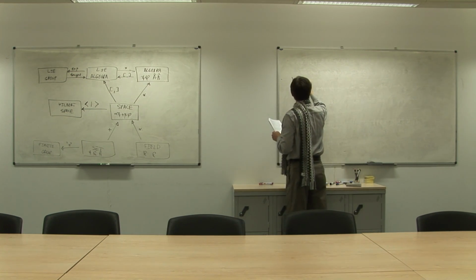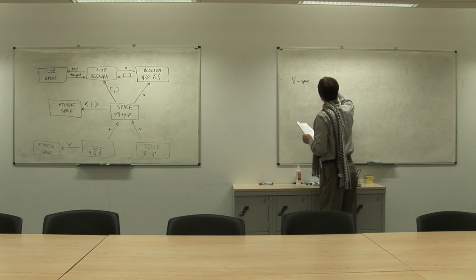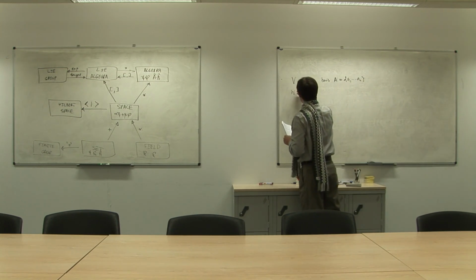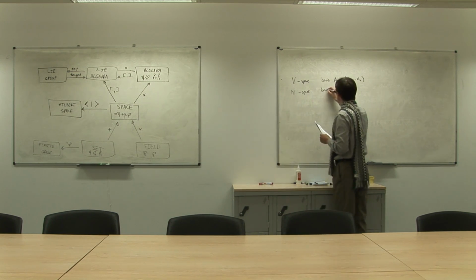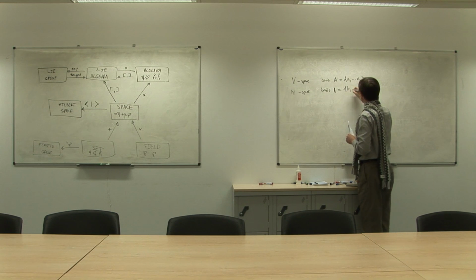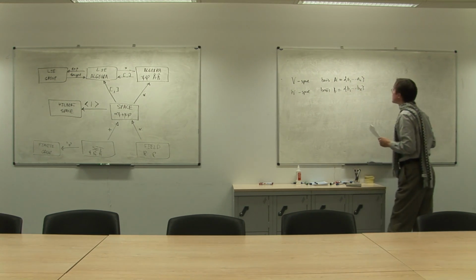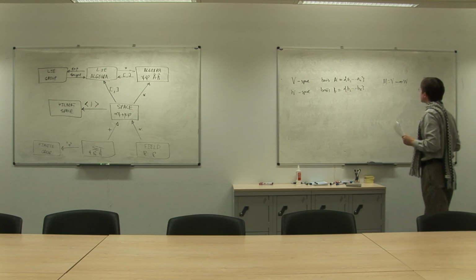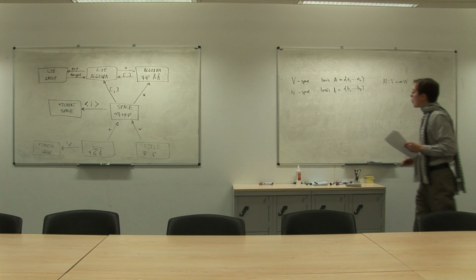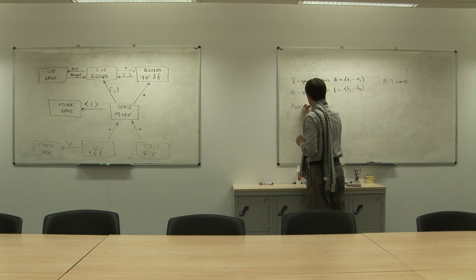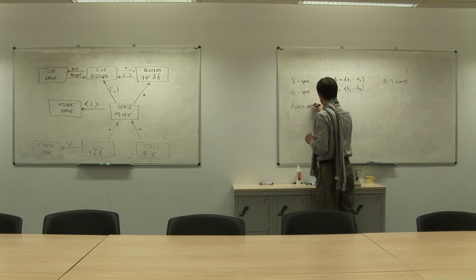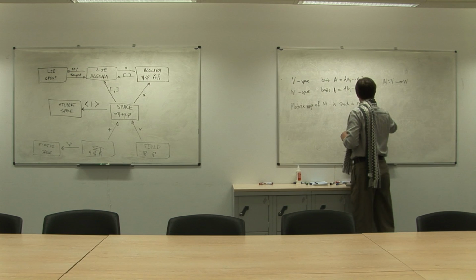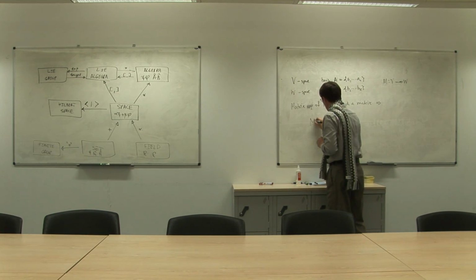So if we have a space V and the basis A, which is a set A1 to An, we have a space W with a basis B, B1 to Bk, dimension may actually be different, and let's say we have a map M from V into W, then a matrix representation of M is such a matrix